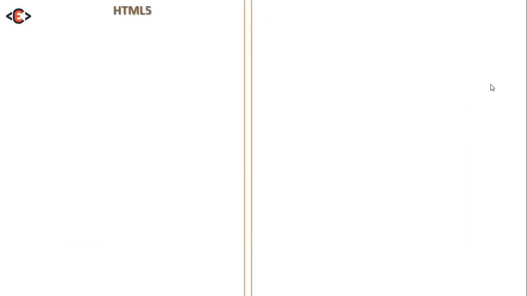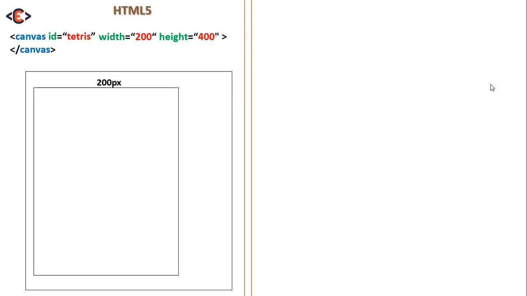To create JavaScript games, we will need the HTML5 element, which is the canvas. We will give it an ID and a width and a height. So in our web page we will get something like this, a canvas with a width of 200 pixels and a height of 400 pixels, without the borders. Then we need to link our HTML5 to an external JavaScript file, Tetris.js, because everything else will be